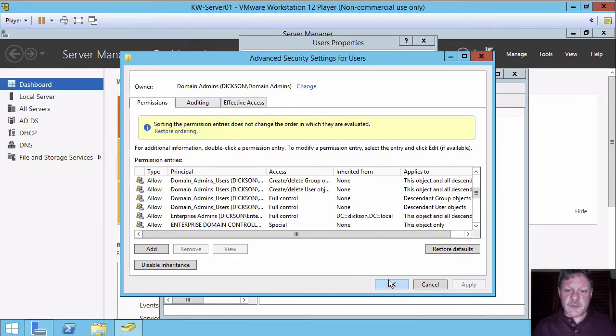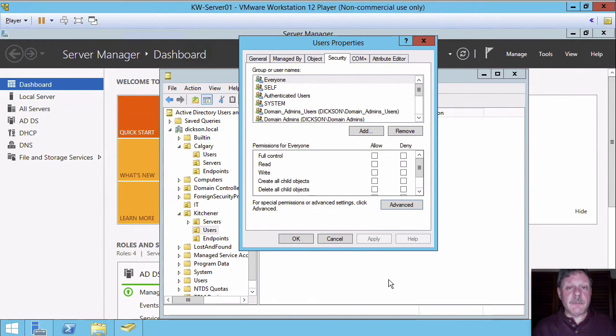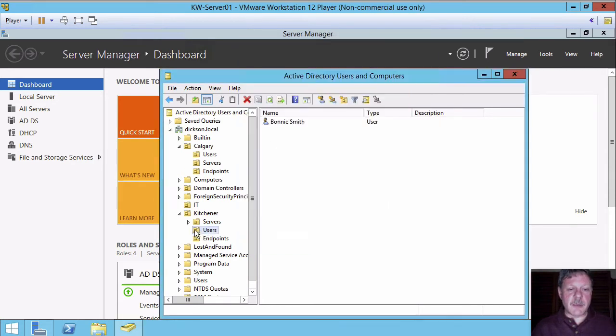So one of the reasons I was mentioning that Active Directory users and computers is a little bit nicer for delegating control. In Active Directory Admin Center, what we have to do instead is actually go in and set those permissions. So you have to know what they are ahead of time, and that's a little bit of a pain. I'm going to say OK here, and then what we'll do is go down and repeat that process on the